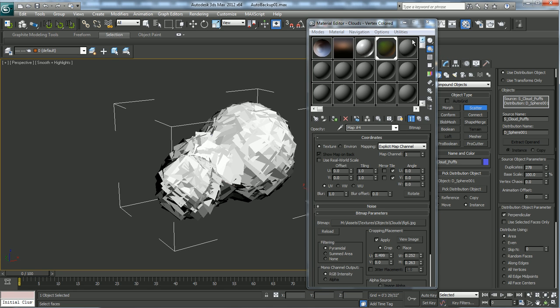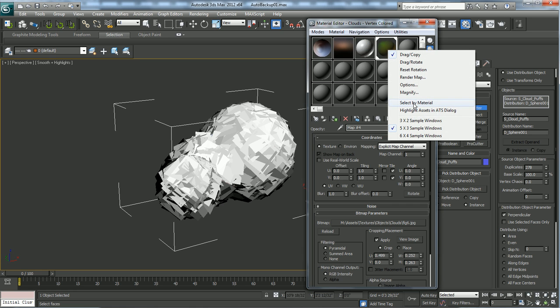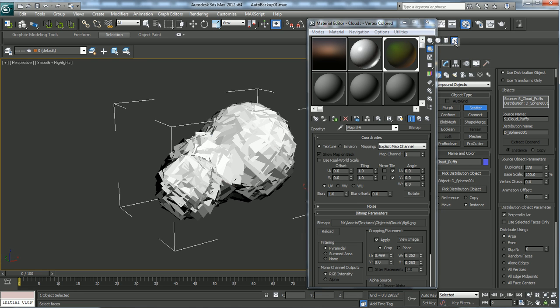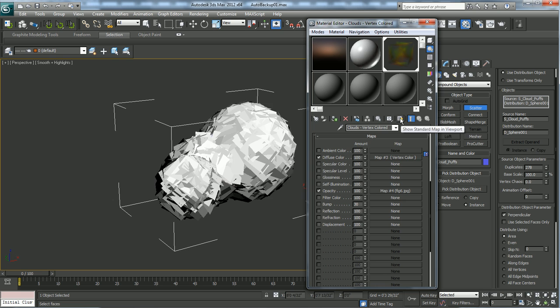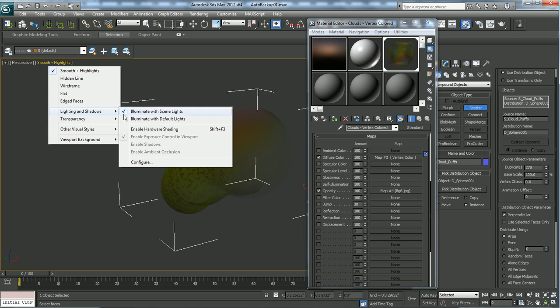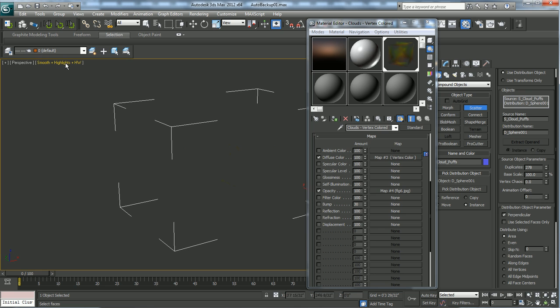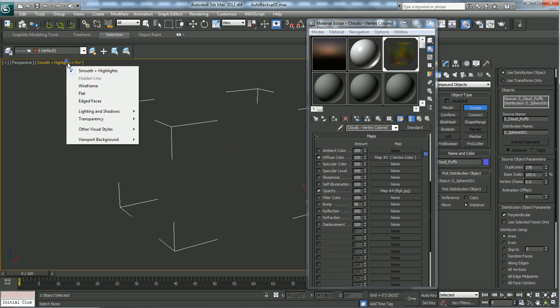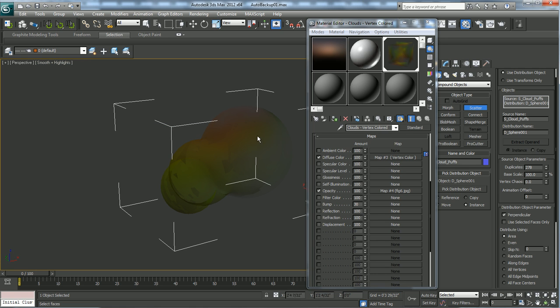If we change our material, so it's our material editor, so it's a little bit easier to see, you can see it's now using only one of them instead of all of them. Okay, so that is much better. Now this is something that typically doesn't go too well in the viewport. Now if you've encountered some issues with rendering vertex colors in your viewport, you want to go into viewport settings and make sure that enable hardware shading is off. As you can see, does not work so well in this case. So you want to use plain and simple